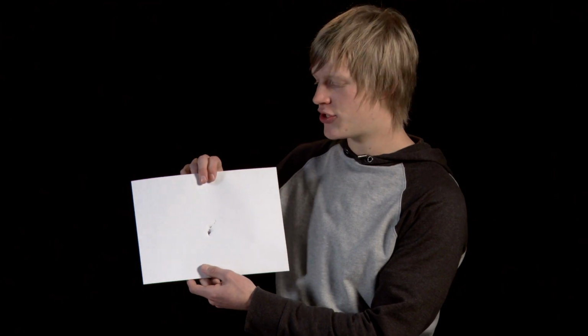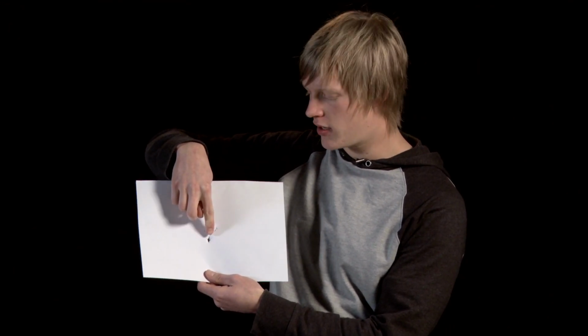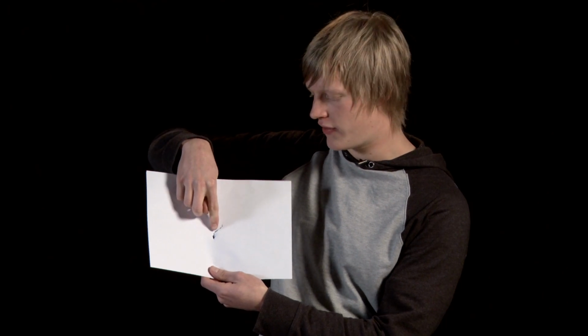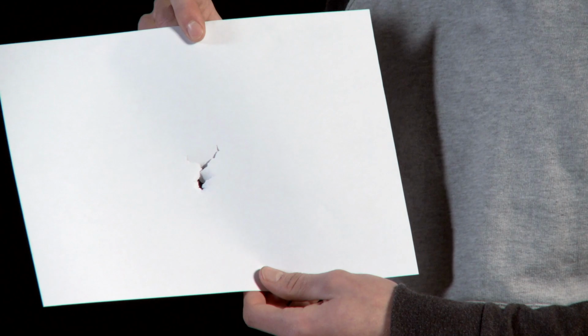So, now that I've shot one of my arrows out of my bow through paper, we can see that the point of the arrow has gone through the bottom of the hole there, and the nock is at the top with deflections there and there. As you can see, it's not a perfect bullet hole, but it's probably a tear of less than 1 inch, which is okay, and that means that we've got a good starting point to do more advanced tuning with